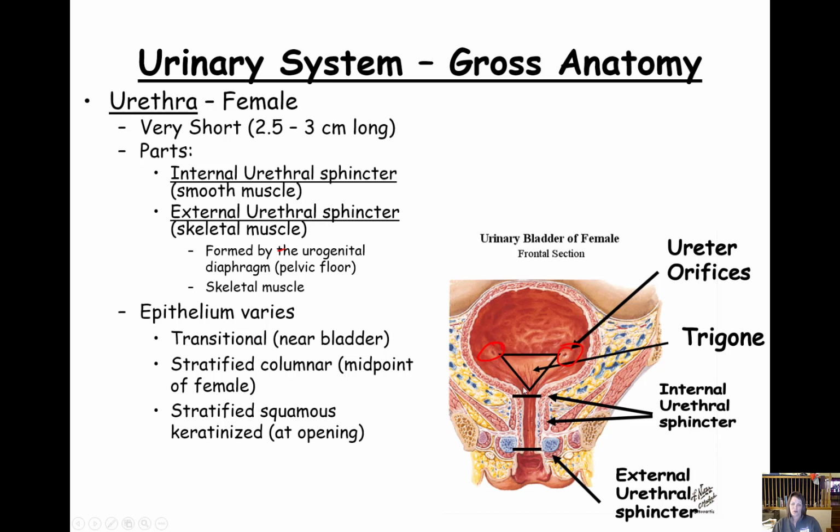Once again, in the bladder, you've got transitional epithelium, and that's going to continue down through the urethra, at least in the proximal portion of it. But as you get to the distal portion, it's going to change into stratified squamous keratinized because it's going to be continuous with the skin that is on the outside of the body. And then you've got this portion in the middle that's going to be a stratified columnar. So it's changing from one version to another to accommodate the fact that we're going to a different part of the body. Now the female urethra is only 2.5 to 3 centimeters long, which is significant